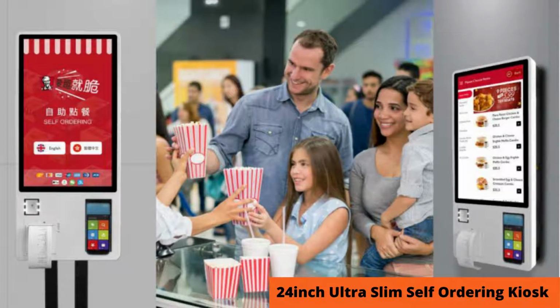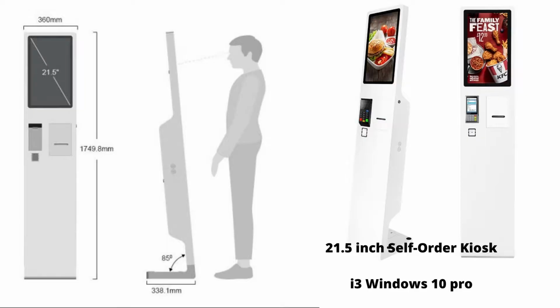Self-order kiosk systems. Your self-order kiosk will increase order quality and improve client satisfaction. Installing a self-order kiosk system, a structured management computer kiosk system, would permit you to meet your customers' needs. They're going to relish using SelfOrder to easily add and create bespoke, customized orders of their own